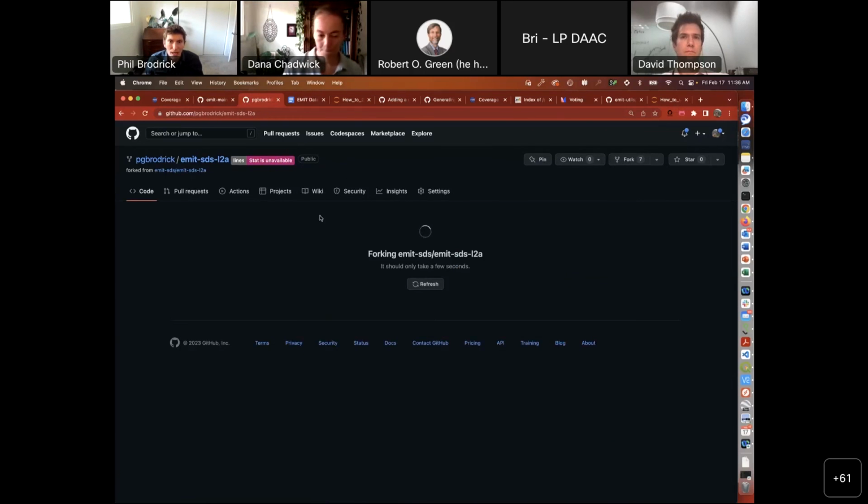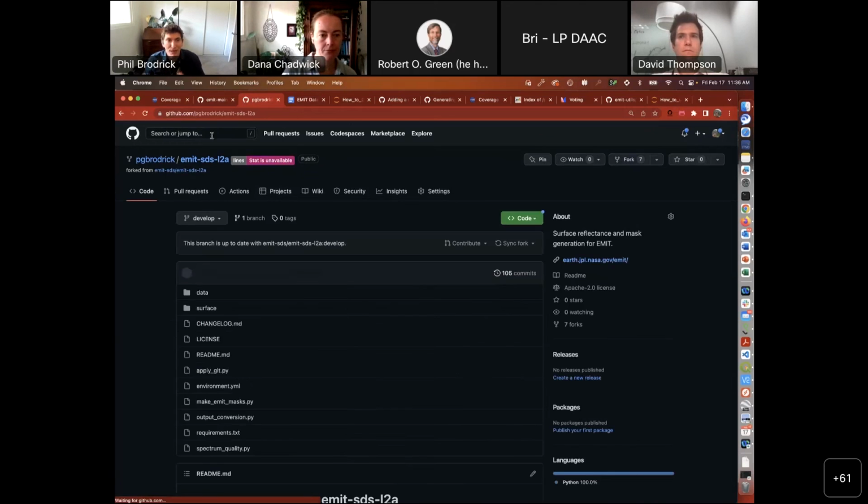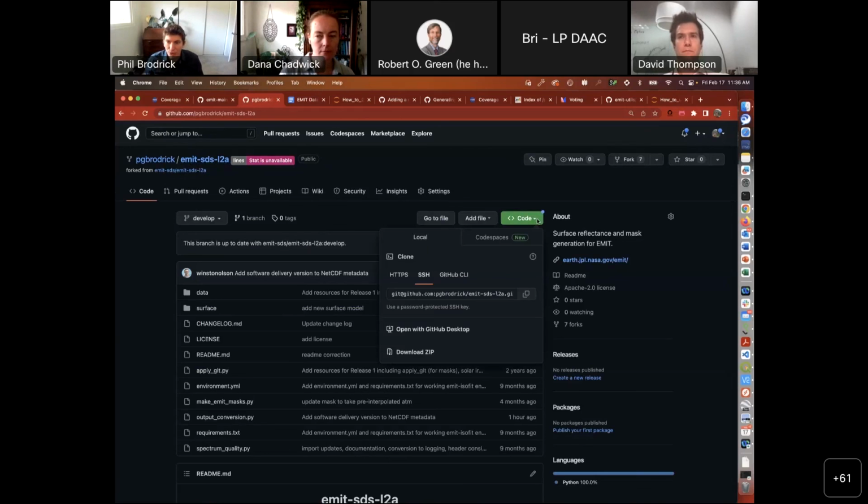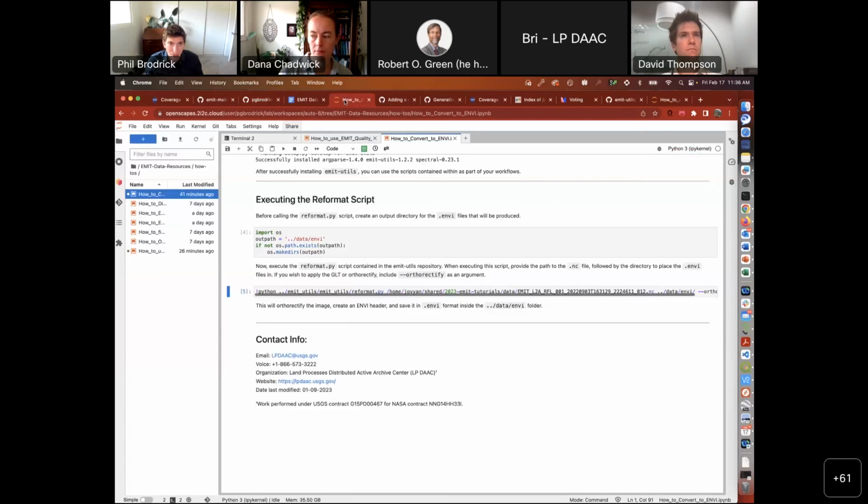Now this automatically redirects me, and I'm looking at my fork of the EMIT SDS L2A repository. If I go over and look at the code, I can grab this link that tells me the location of that repository. And I'm even going to do this live in this instance. So if we go back to this instance, one of the things that you can always do is